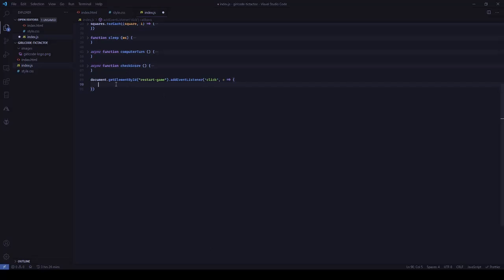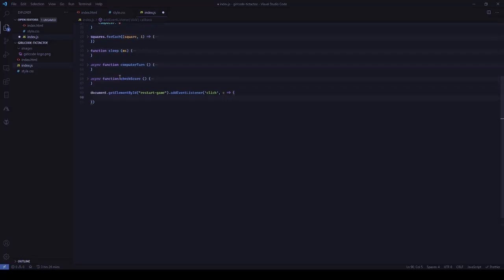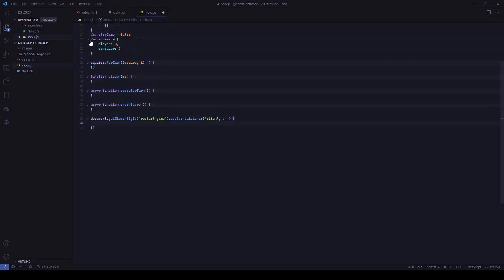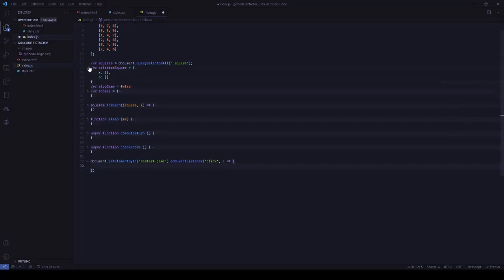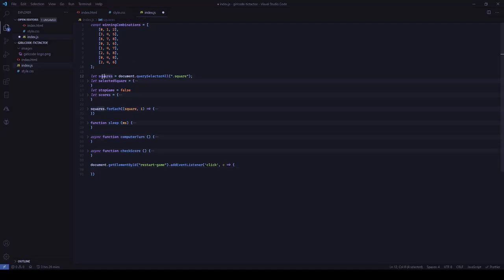So what we need to do is go back to all these squares that we have selected above, go through each, and remove the X's and the O's. So this is how we're going to do it. We're going to say